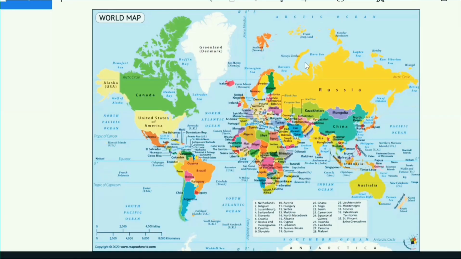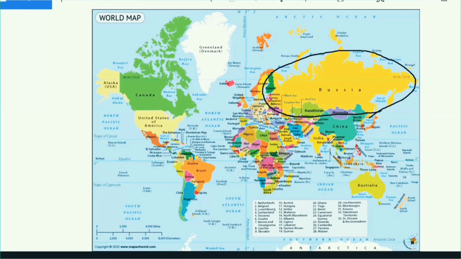As I told you in the last class, India occupies the 7th largest position in the world according to its size. It is very much visible and clear from the map which I'm showing you right now. If you see it carefully, which country is showing the highest size? It is Russia. So Russia comes in the first position whenever we talk about size.